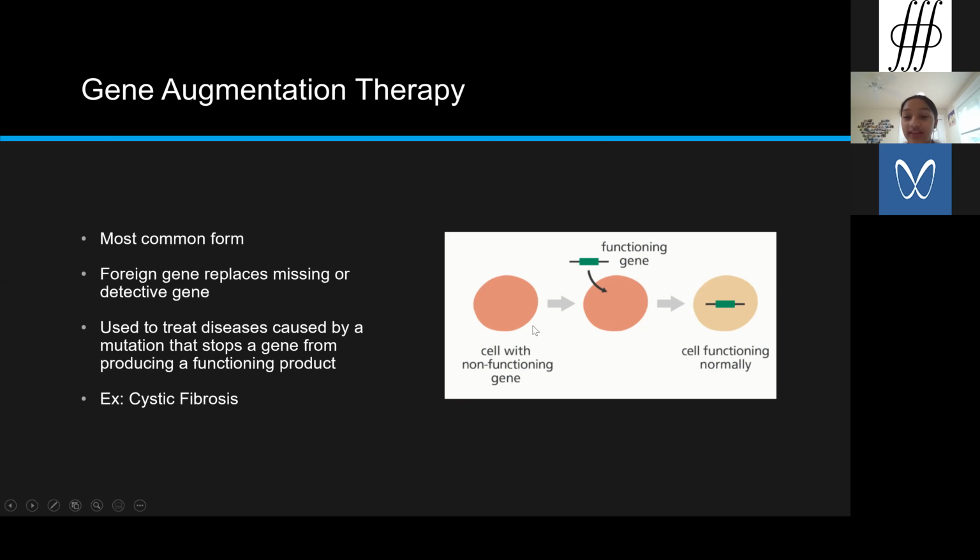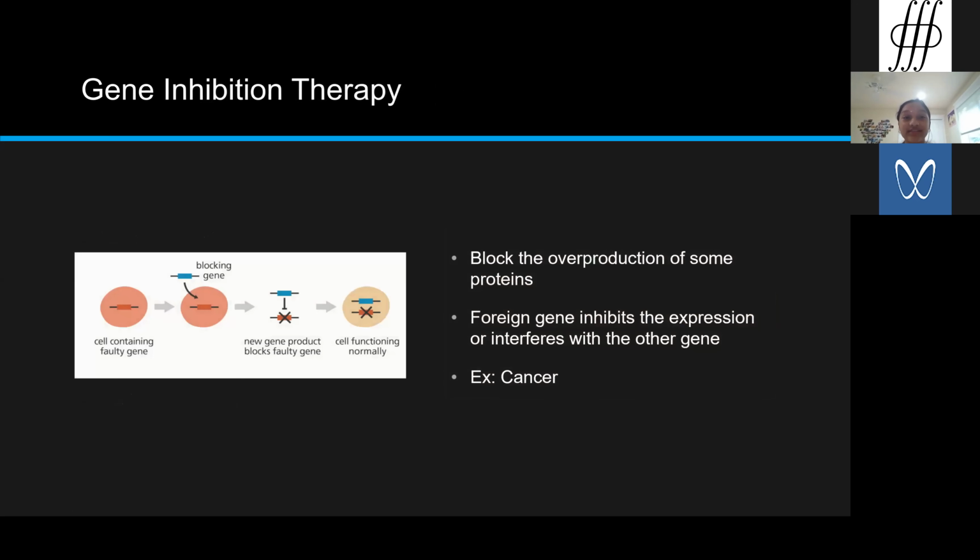So that's kind of shown in the image here, right? So you have a cell with a non functioning gene, and then you introduce that functioning gene, and then it starts working properly. Okay, so there's also gene inhibition therapy, and this is helpful for infectious diseases or cancer or